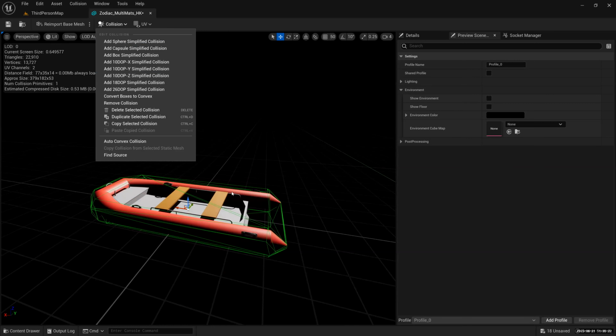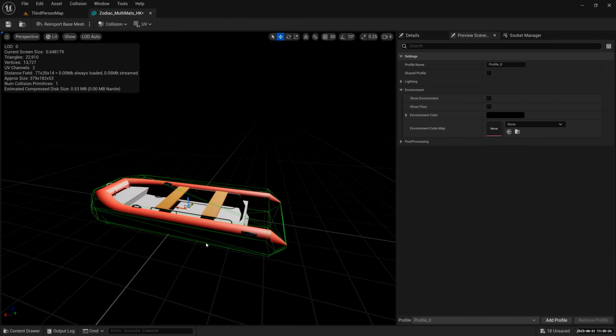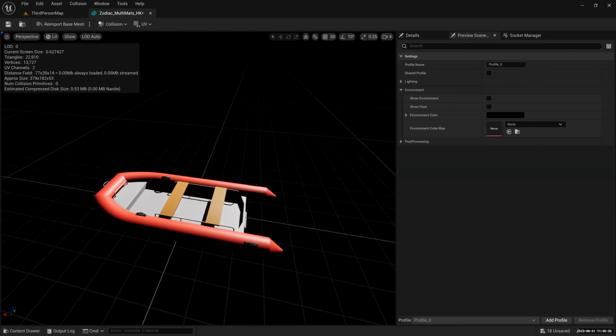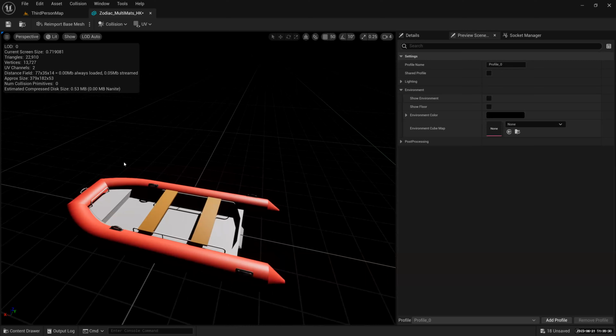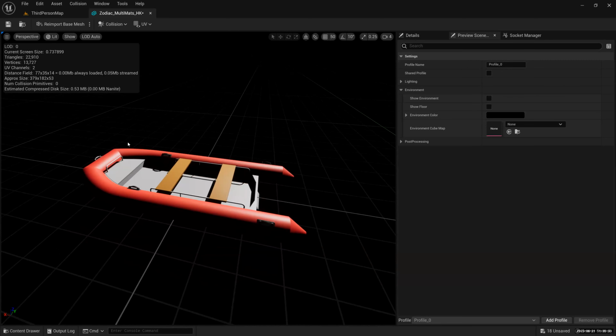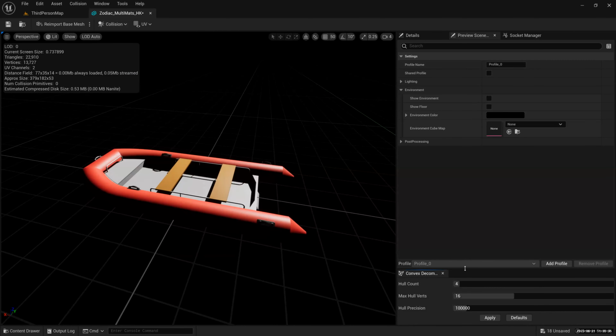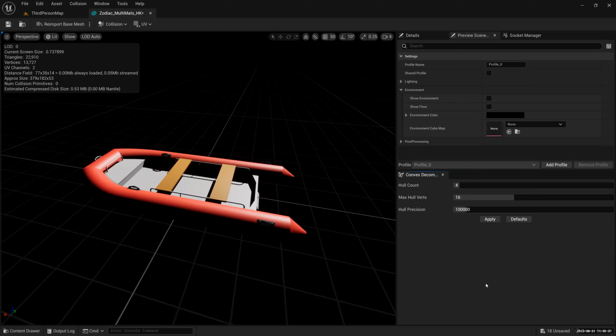But in this case, I can even tell Unreal to make one complicated version for me. I can do that, yeah? If I go to collision, there's one here, auto convex collision, and this window will open up on the bottom right. Here you can adjust how many hull count you want, how many max verts, hull precision and whatnot, right? If I make this, let's say 32, I'm just trying this experiment.